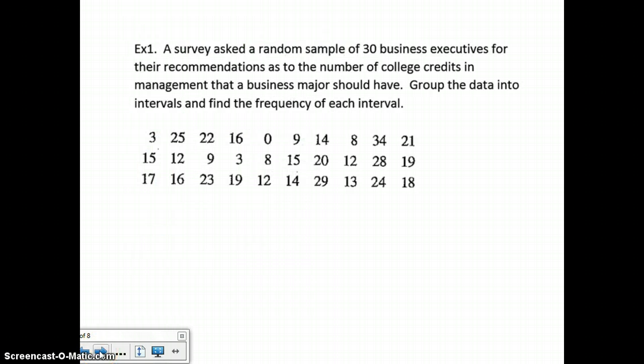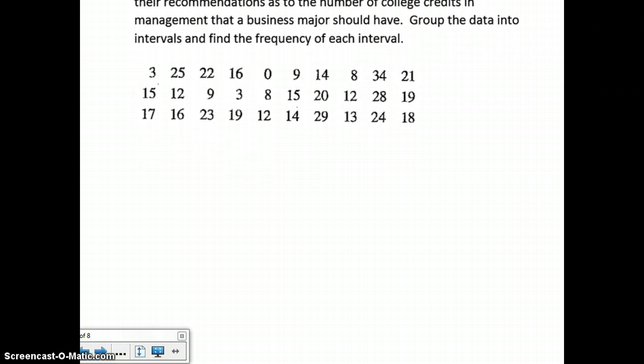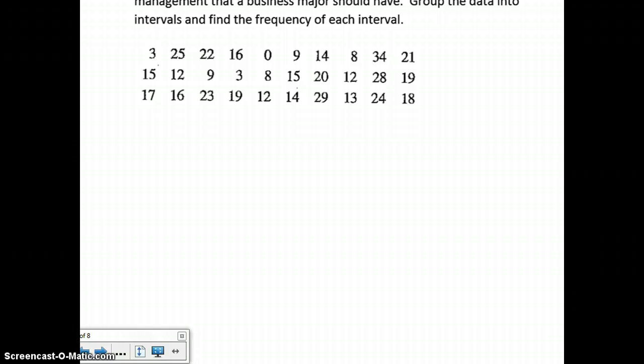Example 1, a survey asked a random sample of 30 business executives for their recommendations as to the number of college credits in management that a business major should have. And we're going to group the data into intervals and find the frequency of each interval. For my table, I'm going to make my interval 5 units in length so that I have my credits